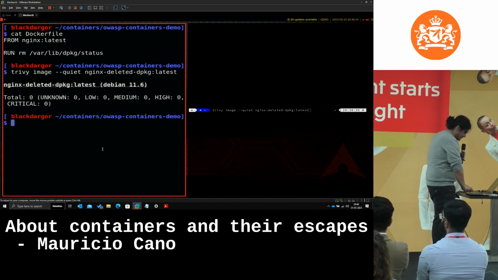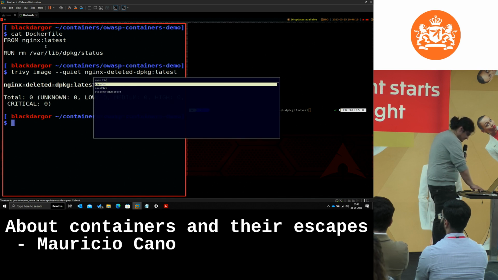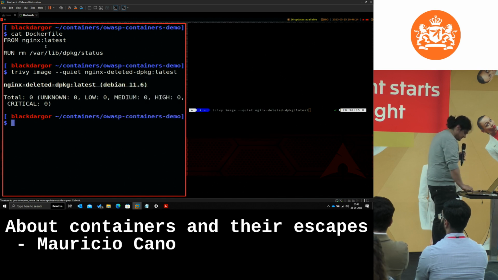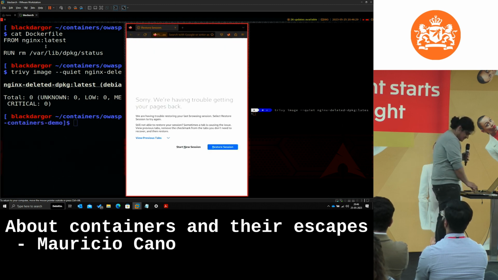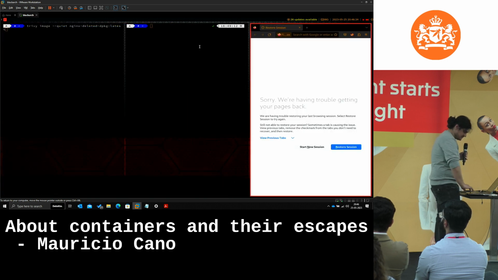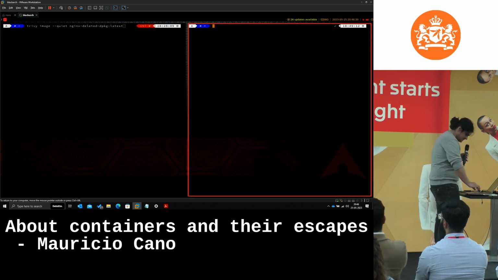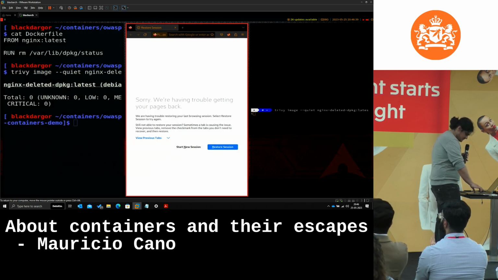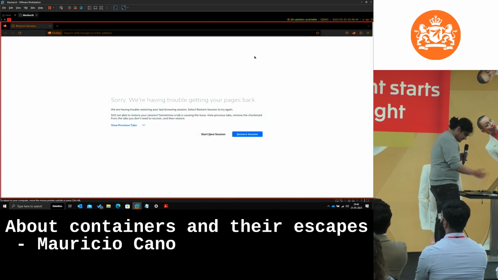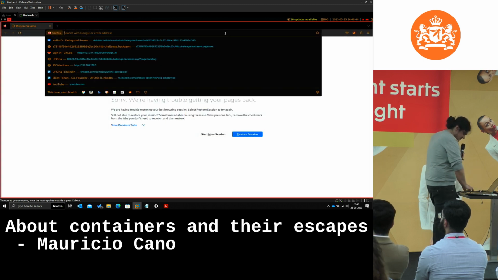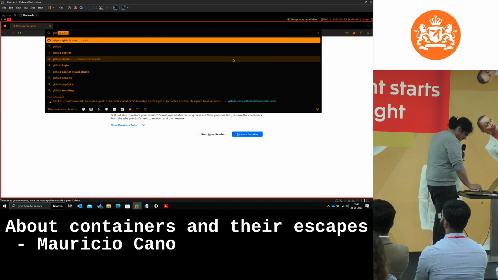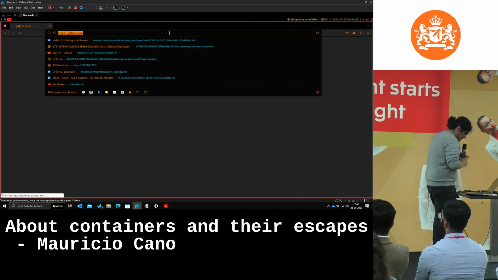Yeah, wait, I think I need to, how do I do it? Let's do it inside the container, might be better. Okay, that's horrible. Oh, come on. That makes more sense. Let's go to GitHub, or rather,